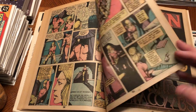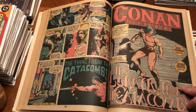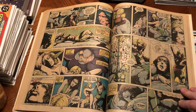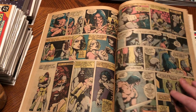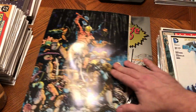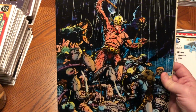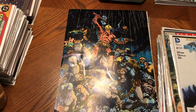And you know, it's kind of funny. You look at some of his work, some of the faces. Some of it's a little rough. It's, you know, early on in his career. There's the back cover. Just absolutely gorgeous art. And let me show you X-Men 205,